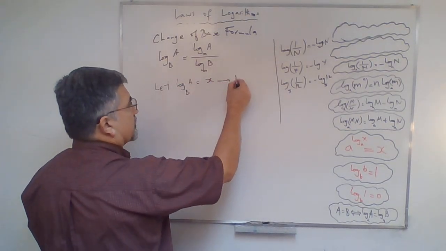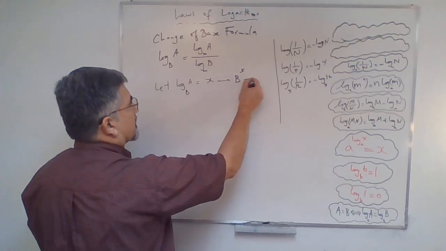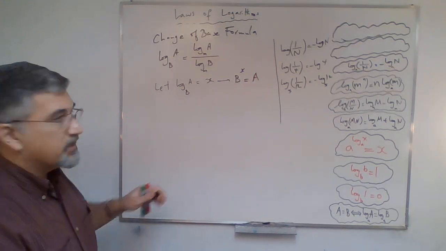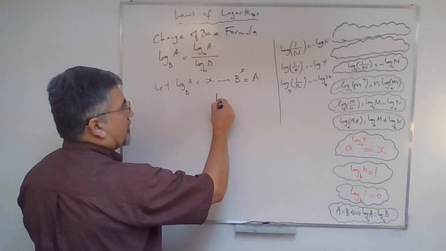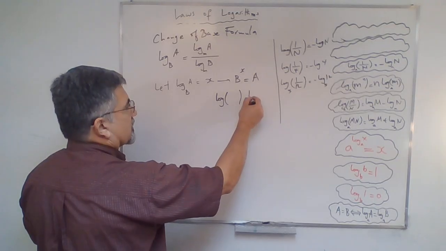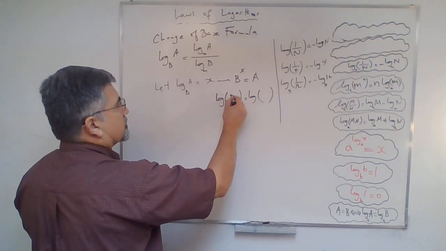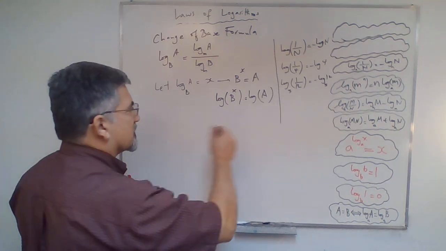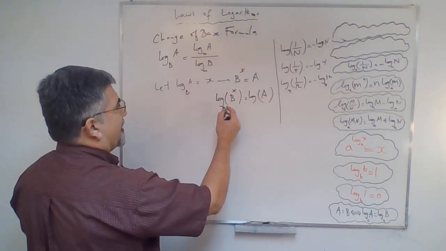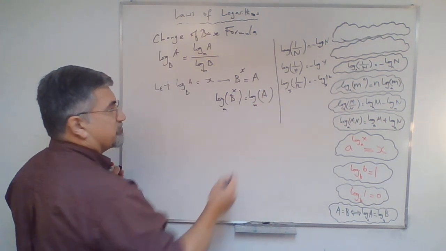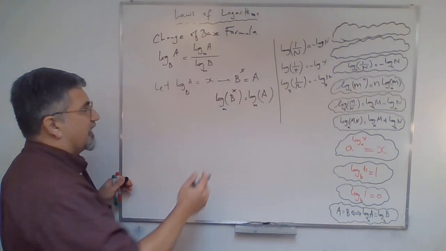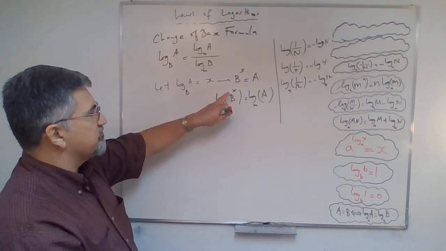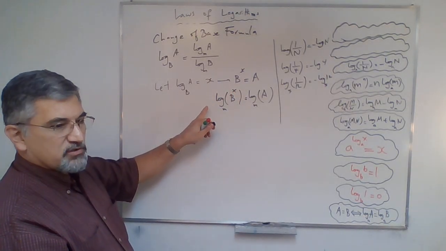And from here, we get b to the exponent of x equals a. All right? And then I'm going to take the common logarithm of both sides. So we get log of b to the x equals log of a with the arbitrary base of m. And now we see that the exponent x could become a coefficient for the logarithm, as